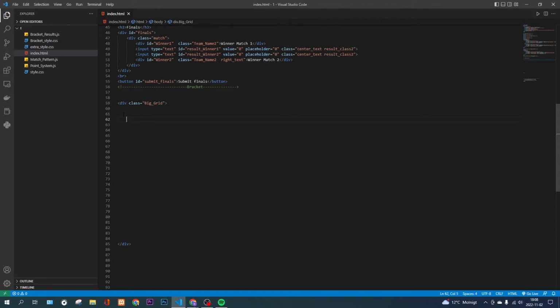So the first container is going to be called bracket container. So we're gonna make a div and give it a class of bracket container _1. And this container is going to have some stuff, but we're gonna add the stuff later. And after we're going to have a grid container. When I say grid, I mean like the lines. And then we're going to copy those two. Again, have 2, 2, and this last one is going to be here as well